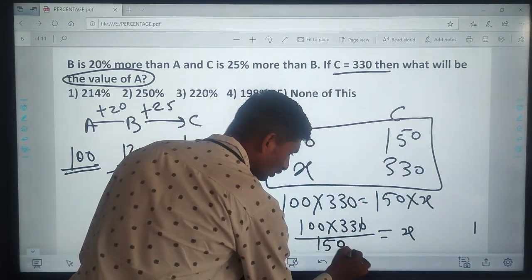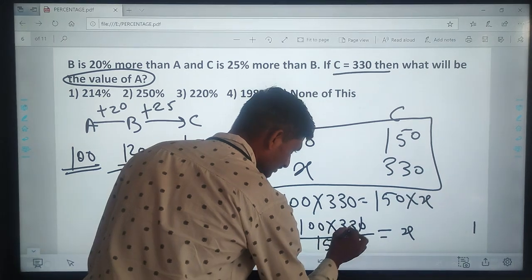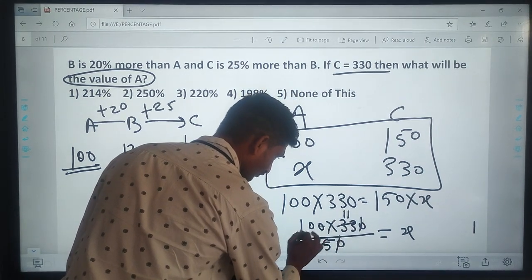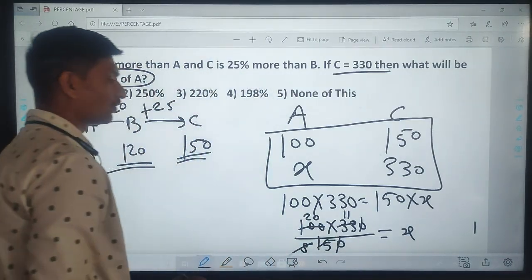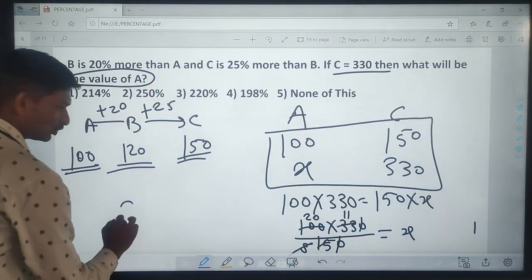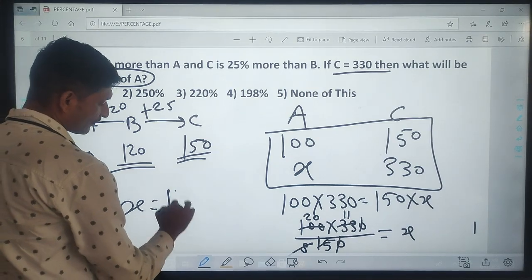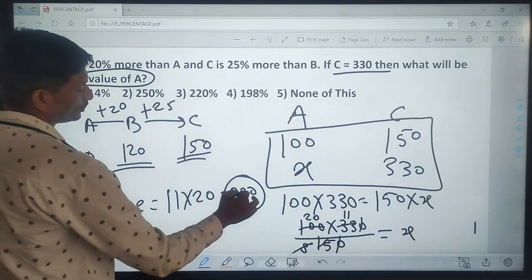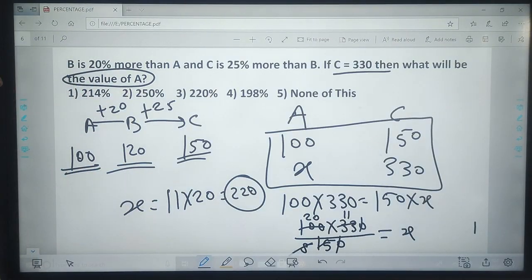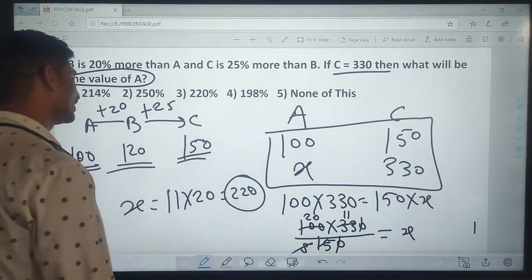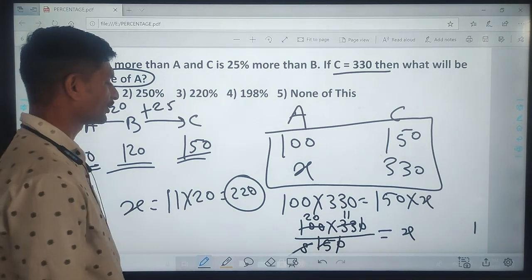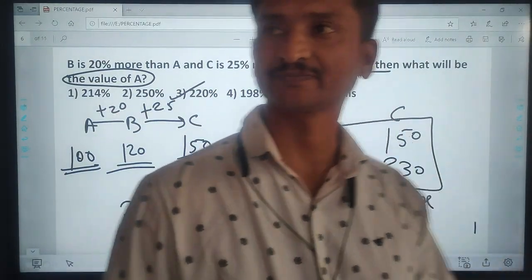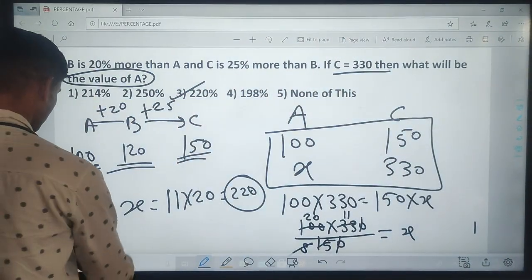Now here the zeros get cancelled. X is equal to 11 into 20, that is 220. Your value is 220. Now next,